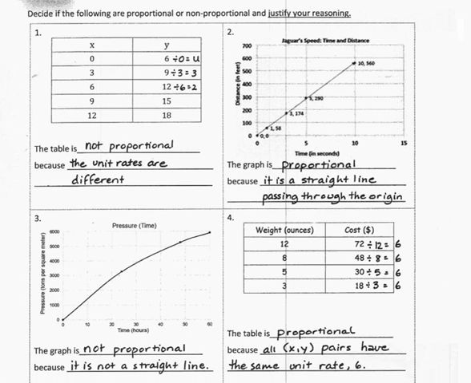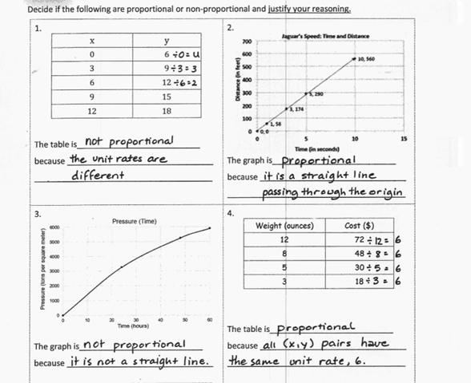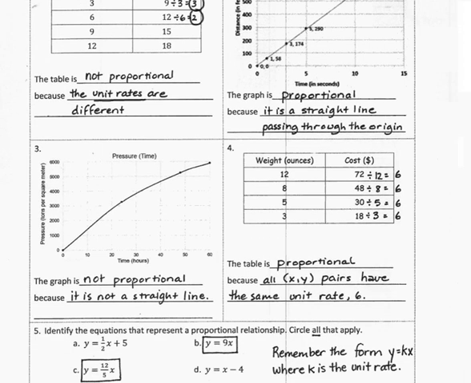In the first question, you've got a table, and so you want to ask according to calculating the unit rates. We've got y divided by x. We've got a different unit rate for each one, so this is not proportional. Let's go to number 4, another table. You want to calculate y divided by x, and you want to calculate your unit rate. Since the unit rates are the same, all xy pairs have the same unit rate, that means that this is